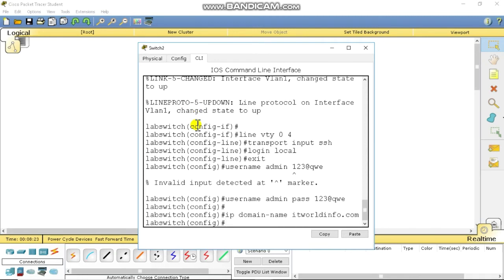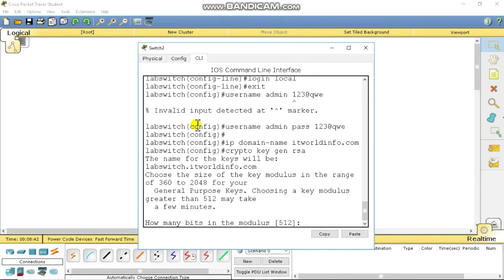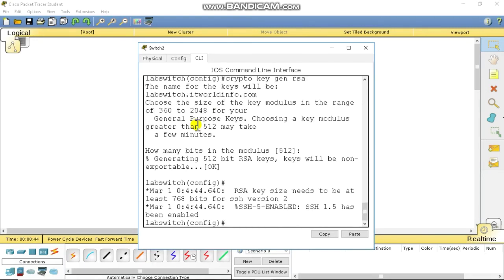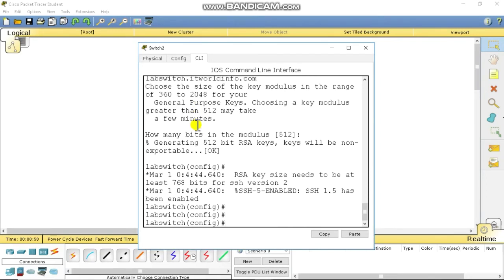Enter, and type here crypto key generate rsa. Enter. Yes, and now you can access any data by SSH.